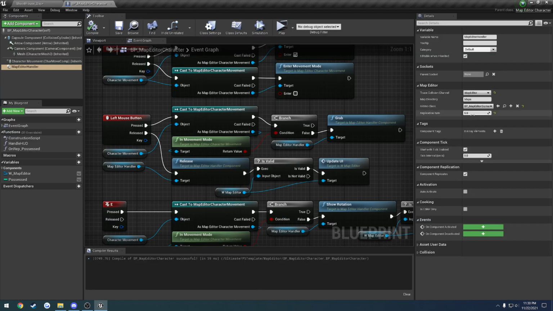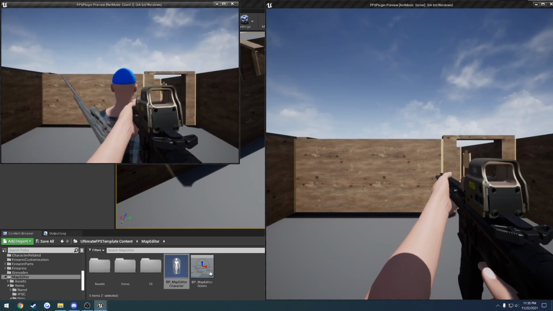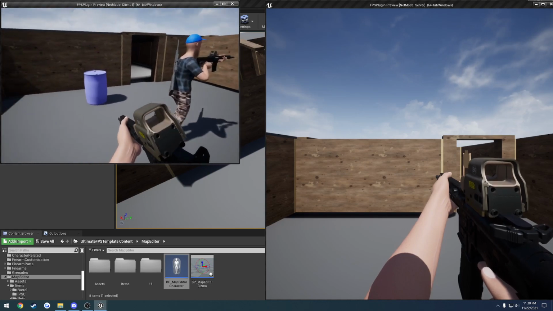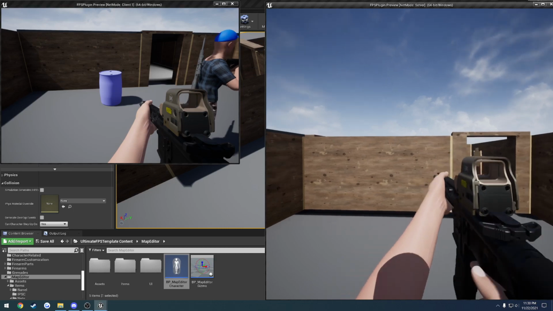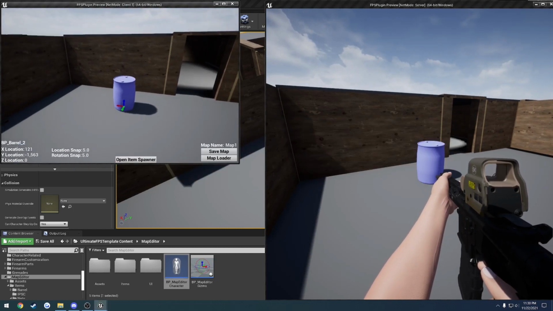So if you want this to only replicate when released, what you can do is set this to a super high value. And basically the lower this value is, the more often and the smoother it will be. So if I set it to something absurdly small, like 0.01, granted in higher ping scenarios, this is not going to be perfect. But here it